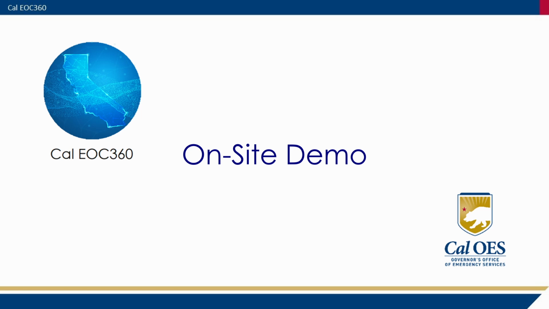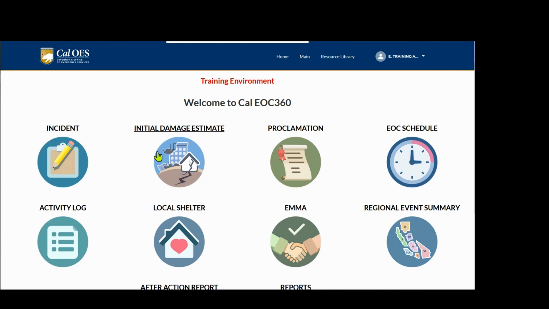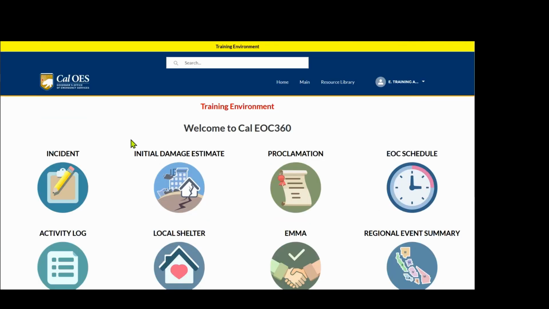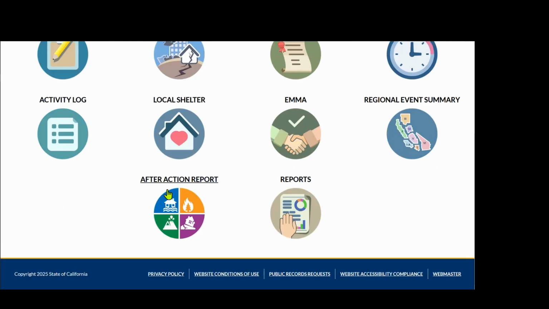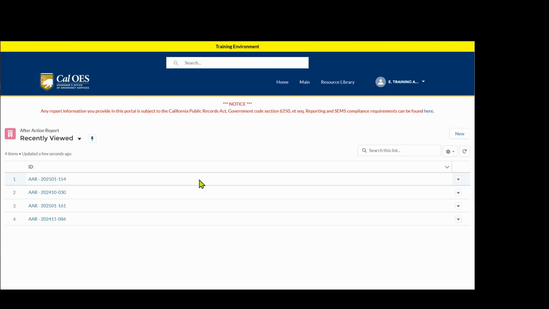Let's take a look at this on the site. Here we are on the Cal EOC 360 community homepage. Let's see how to create an after action report. The icon is at the bottom. Click on this. Remember that clicking on an icon takes you to a list view, and the list view defaults